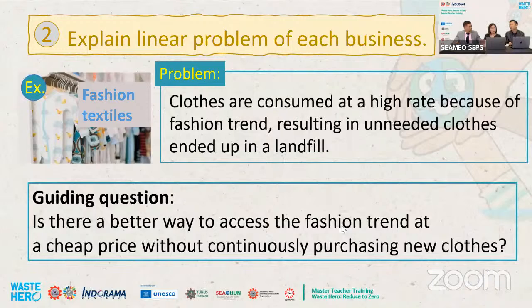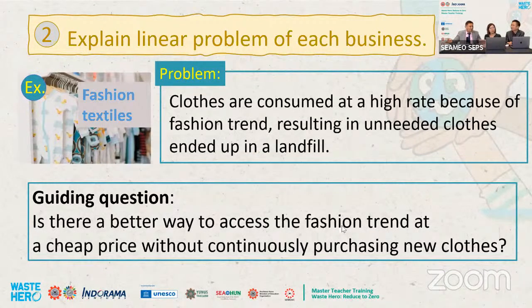Mr. Anuwat, what would happen if we get a lot of unneeded clothes ending up in a landfill? I think it's a waste of textile, because in order to produce those textiles or clothes, you have to grow a lot of cotton and cut down a lot of trees, need land to grow those cotton or materials.